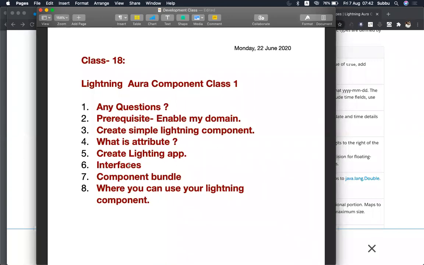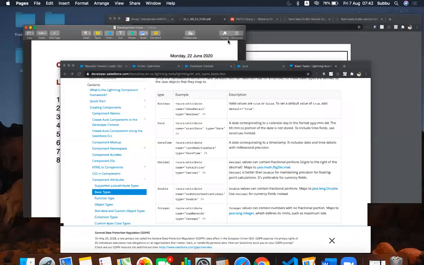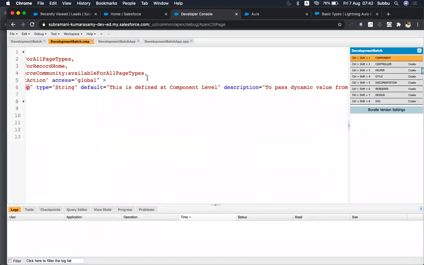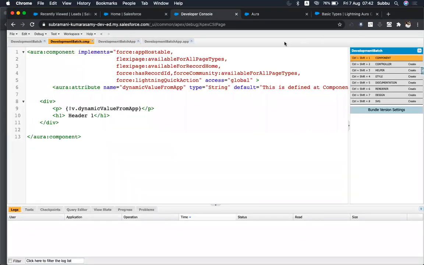Okay. So now we will talk about interfaces. So what is interface? Okay. So in the Lightning component, just an intro class, we will create a form, or how to create a form, how to create record from the Lightning component, how to save it in database, from database how to retrieve the data. We will talk more about it. So the controller, helper, style, so we will talk. Okay, so just for example, we started with this simple example. Okay, so what are interfaces? So these are the interfaces.